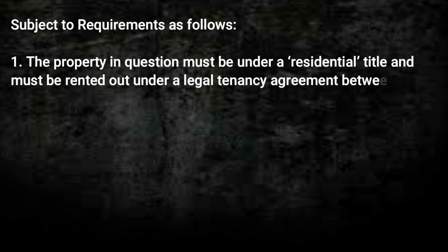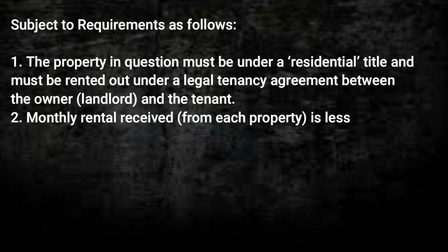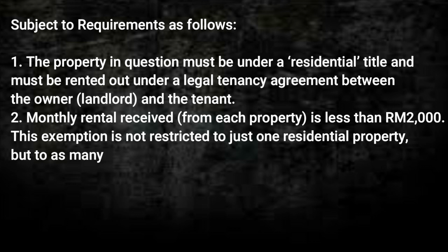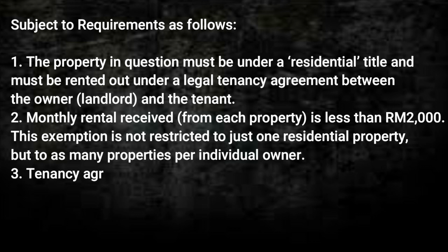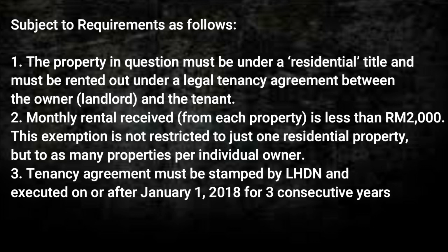Condition number 2, monthly rental received from each property must not be more than Ringgit Malaysia 2,000. This exemption is not restricted to just one residential property but to as many properties as one individual owns. And condition number 3, the last condition, the tenancy agreement must be stamped by Lembaga Hasil Dalam Negeri and executed on or after January 2018, and is only given for a maximum period of 3 consecutive years, which means until